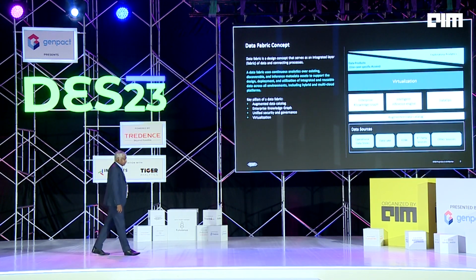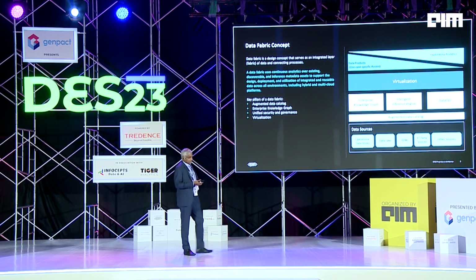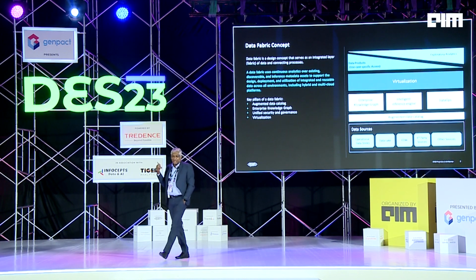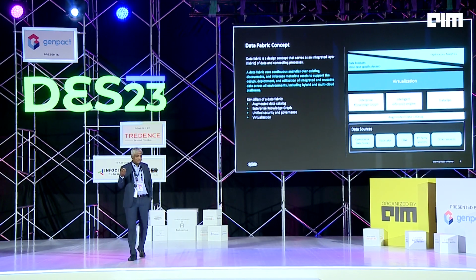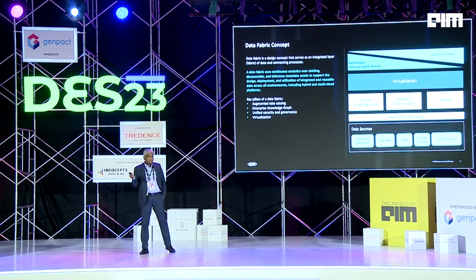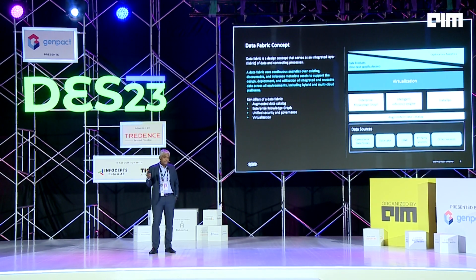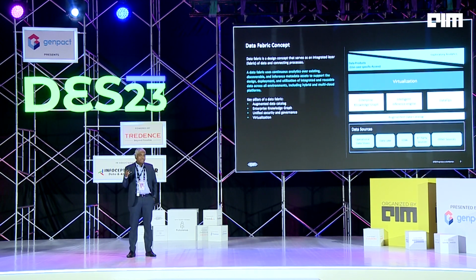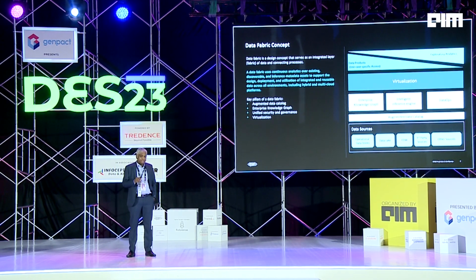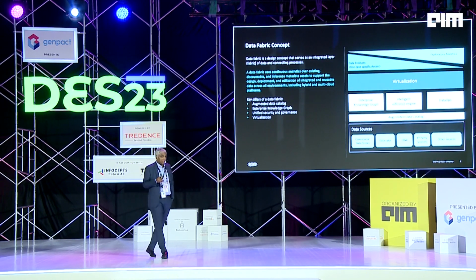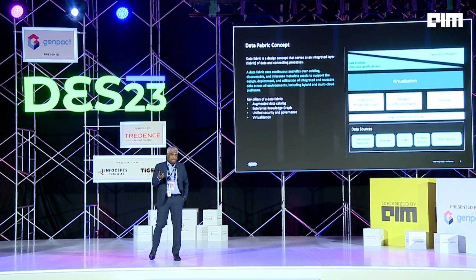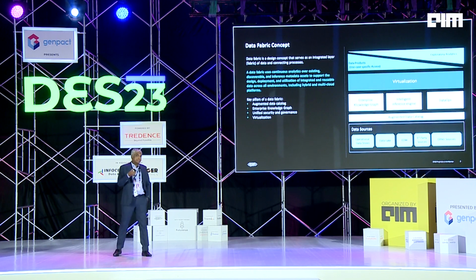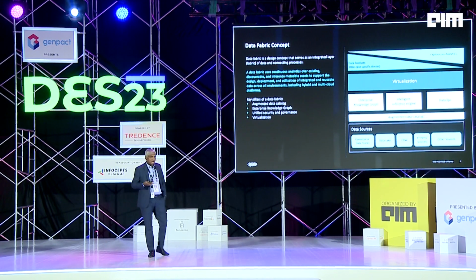So data fabric, it's not a new terminology. Gartner triggered something called the logical data warehouse a long time back, but things have evolved so fast in the last few years. Again, Gartner calls data fabric in a different way actually. But if you look at it, the important aspect of data fabric is the augmented data catalog part and the enterprise knowledge graph. So what it does is, it scans through all your data sources. It can be an OLTP application, it can be a call data record that we talked about.